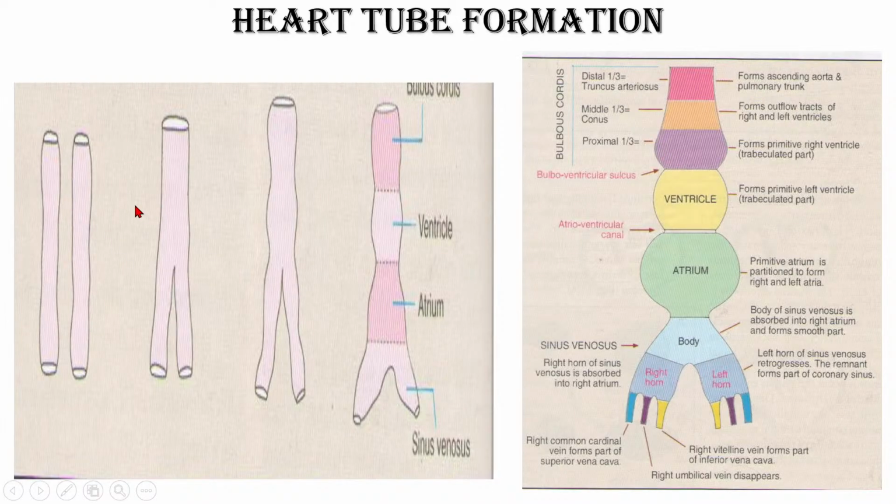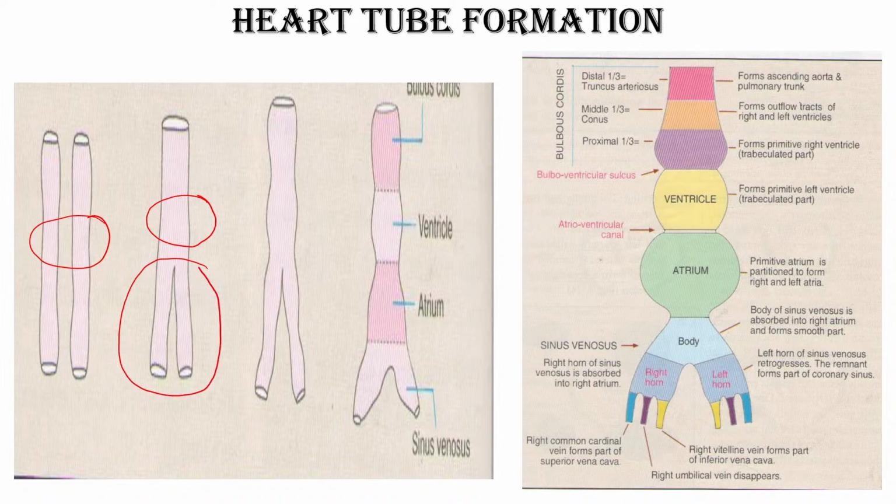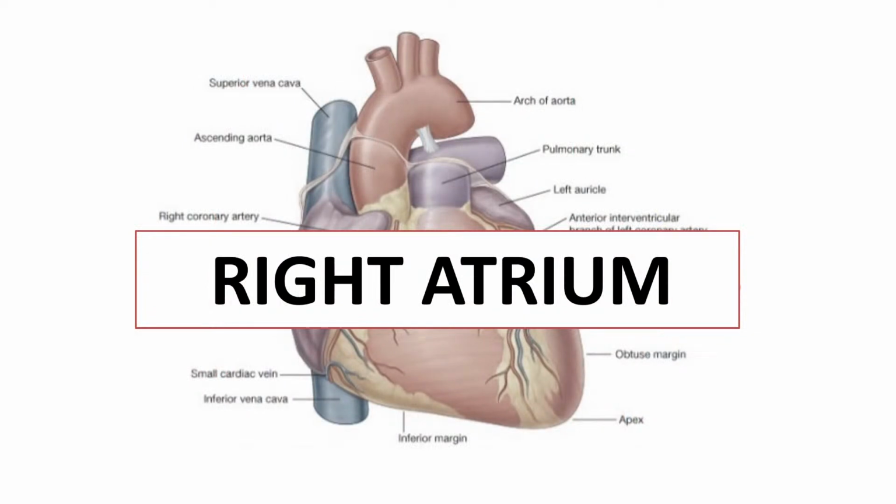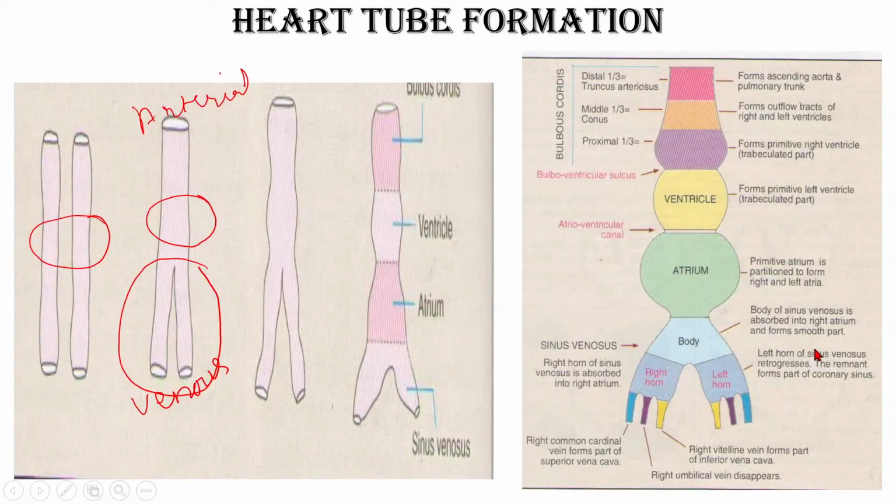So, here we can see the heart tube. Initially there are two heart tubes which fuse to form a single heart tube, and in this single heart tube fusion does not take place at the caudal end, which is the venous end of the heart tube. The cranial end is named as the arterial end of the heart tube, and in this venous end of the heart tube which has remained unfused, we can see these two parts